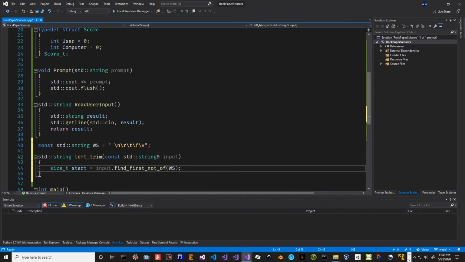It's a function built into this string object, which is part of the standard library, that finds the first character in the string that's not in this string here that we created. It's not one of these white space characters, and it returns the index as a size t type of that first character. And so now we can return